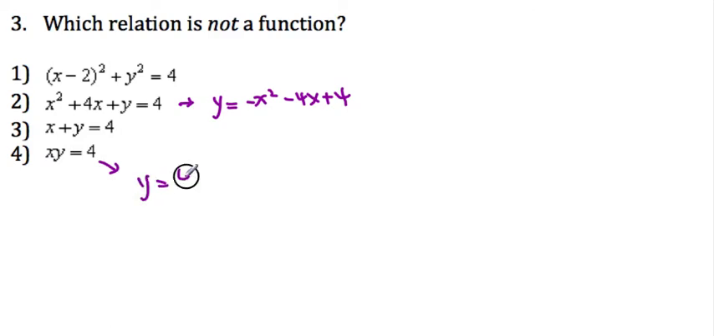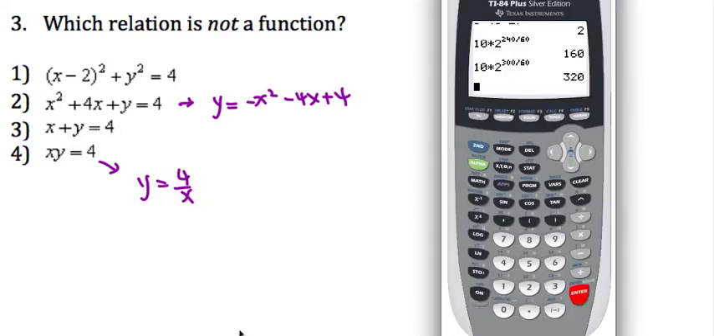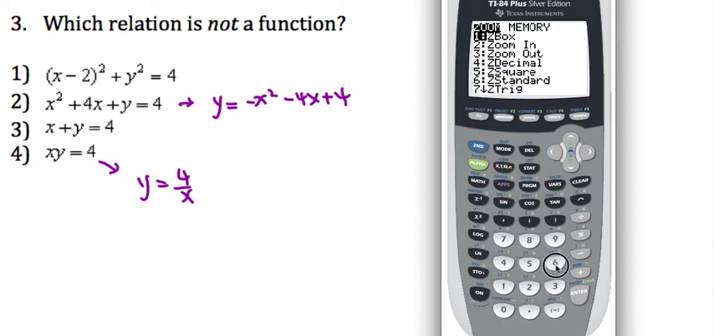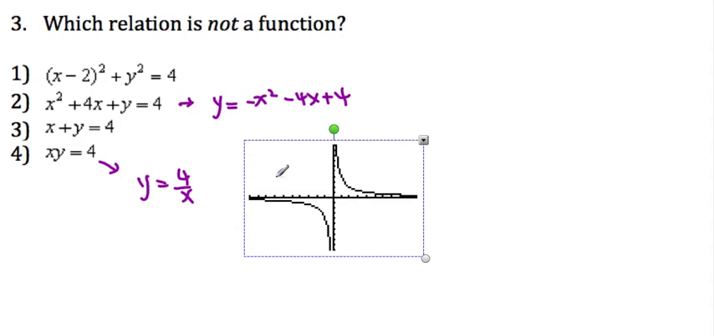Y equals 4 over x. If you are curious how the graph would have looked, you can actually sketch it. 4 over x. Now, ZoomStandard, number 6. As you can see, it will pass the vertical line test, so that's okay. The only thing that will not be a function is choice 1, because this is in fact the equation